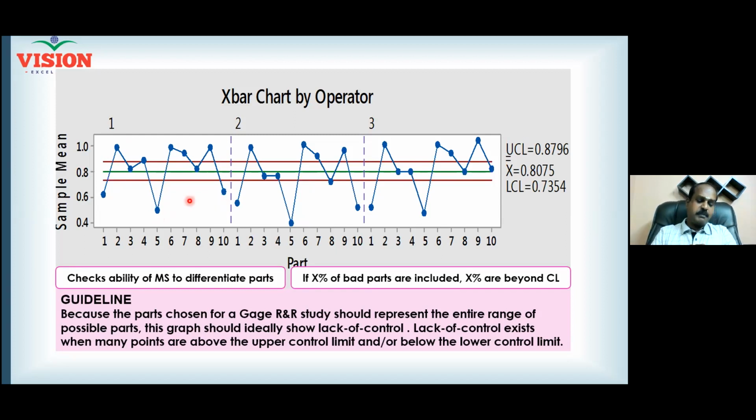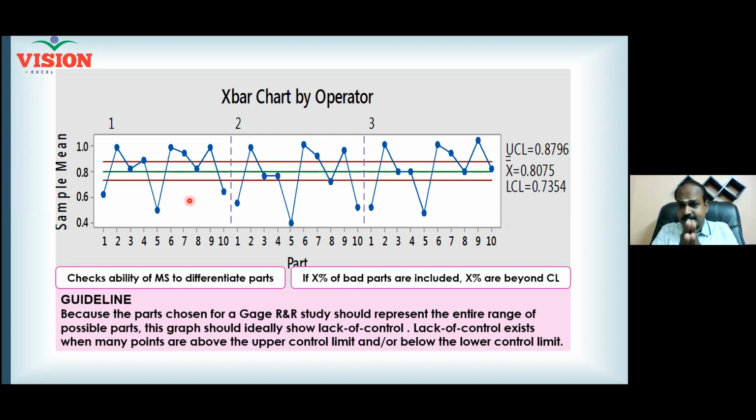See, part selection for the gauge R&R study is important. I told you, you select at least 10 parts. And now, within the 10 parts, I also suggest that you mix up 50% of the parts as bad parts, or 40% as bad. That means 60% of the products are acceptable, but 40% of the products are rejectable. Hope all of you understand now the point, how to select the 10 parts for conducting the gauge study.